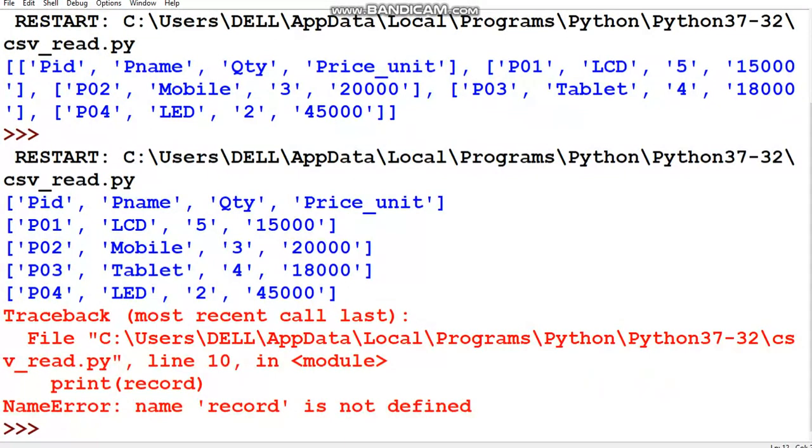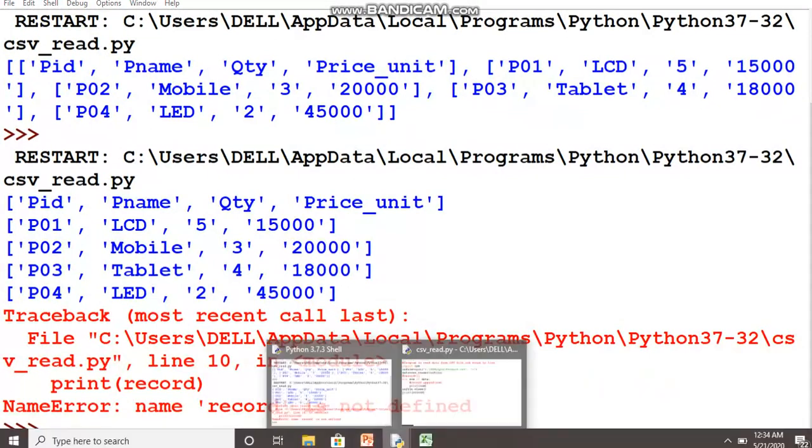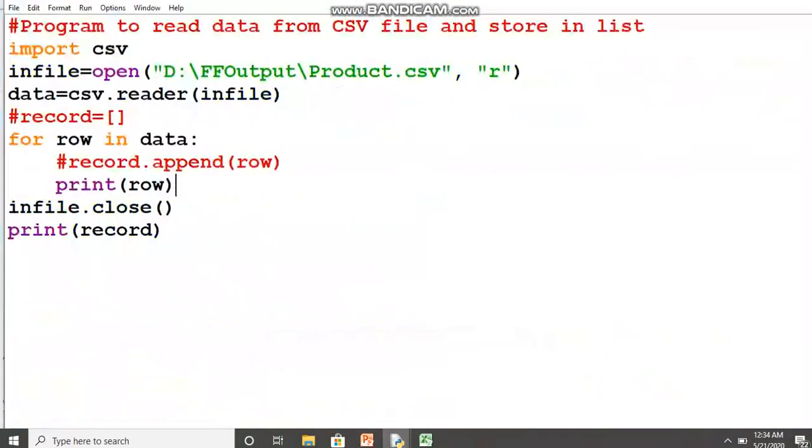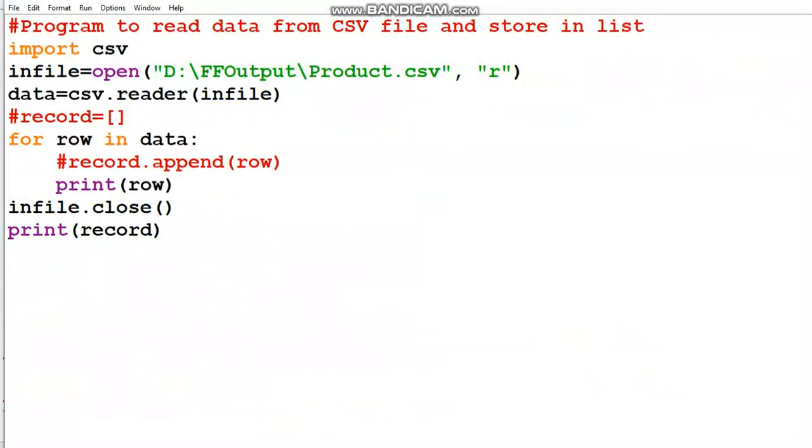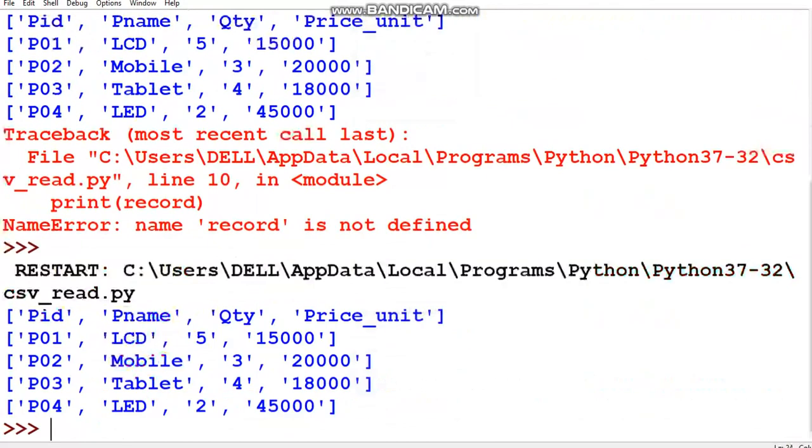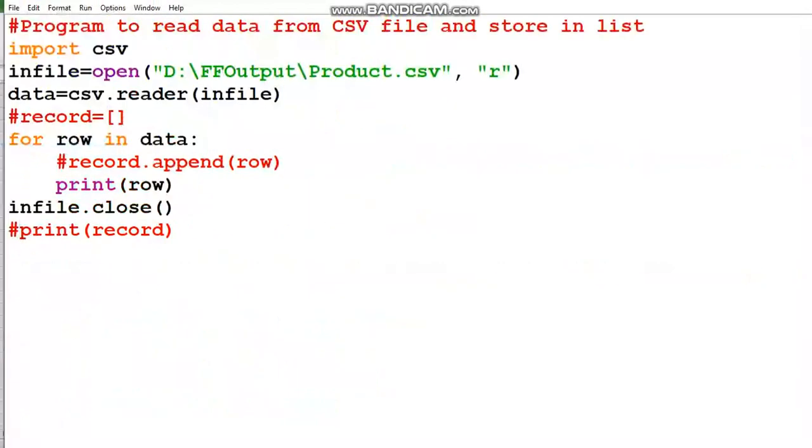That's a minor mistake that I'll rectify in the file. So this is the actual output you are going to get, the header row and the other details. I'll close this output screen, and this is the way you can read from a CSV file.